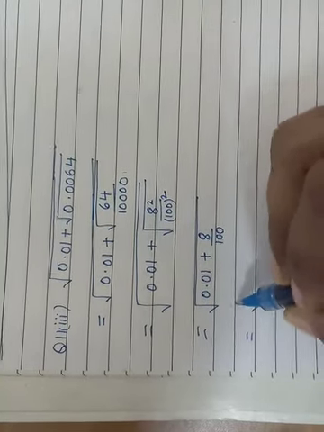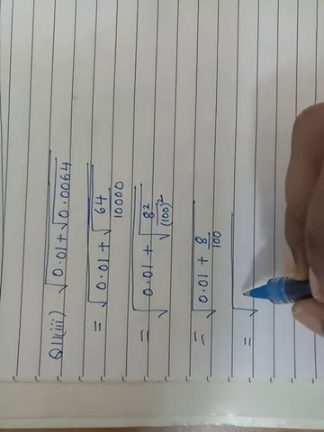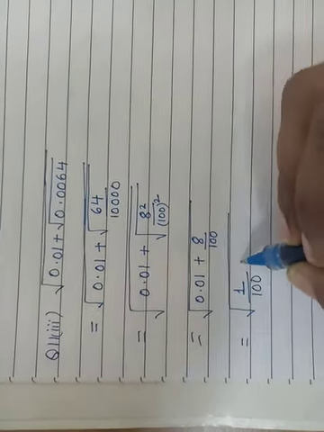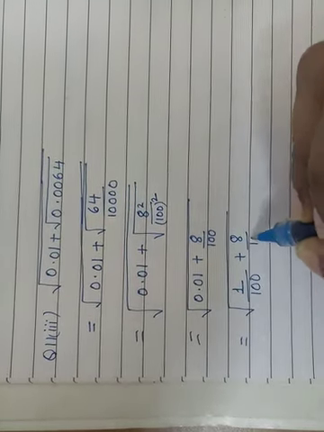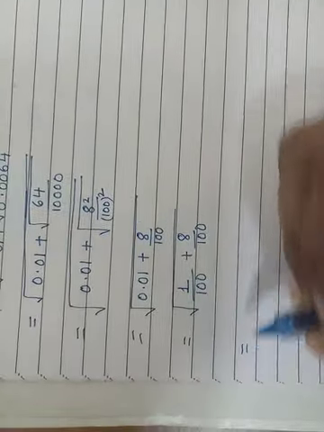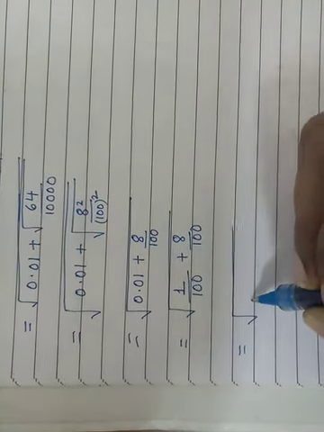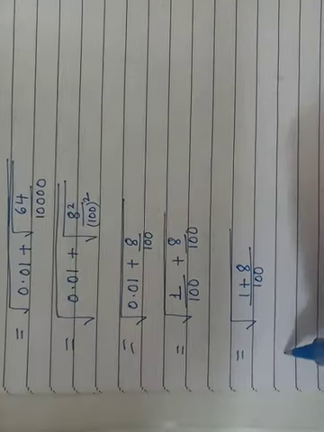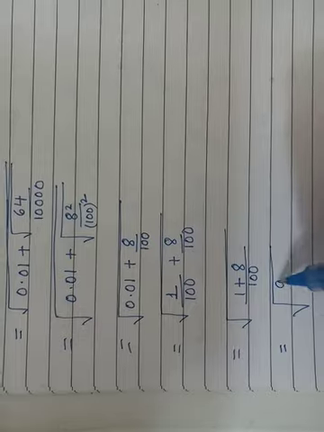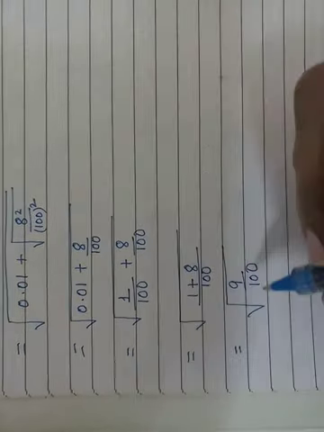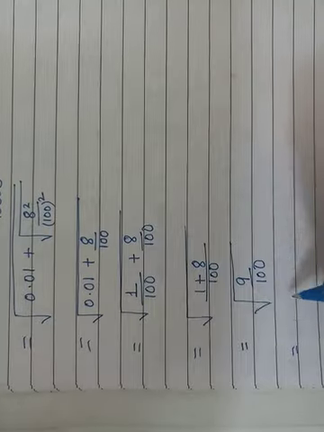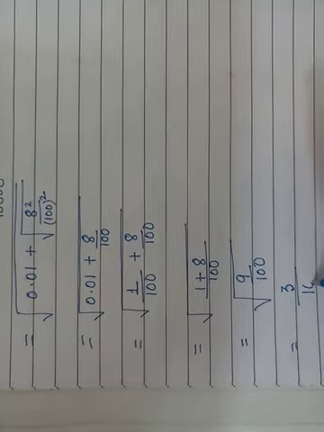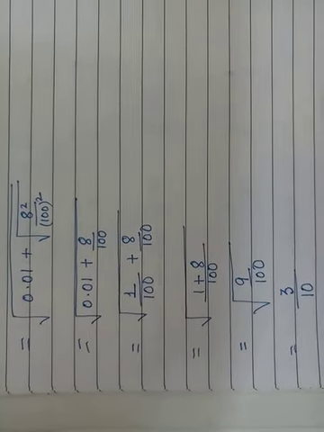Now I remove the decimal of the first expression, that is 0.01. So what you'll get? 1 upon 100 plus 8 upon 100. Now both are having 100 in the denominator, so we add the given rational numbers, 1 plus 8. So what you will get? 9 by 100. And we know very well the square root of 9 is 3 and the square root of 100 is 10. So the answer becomes